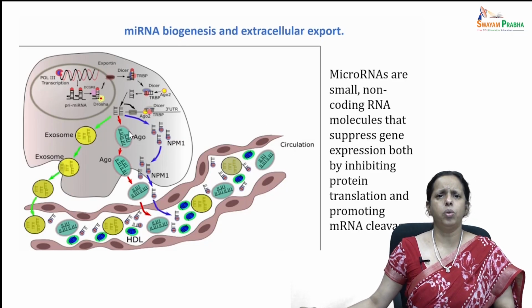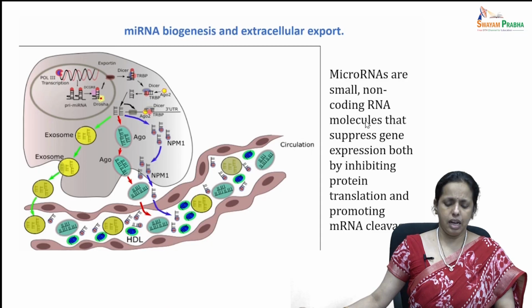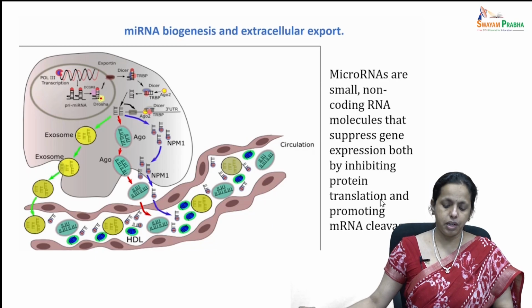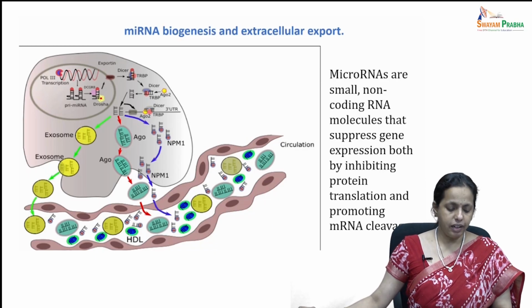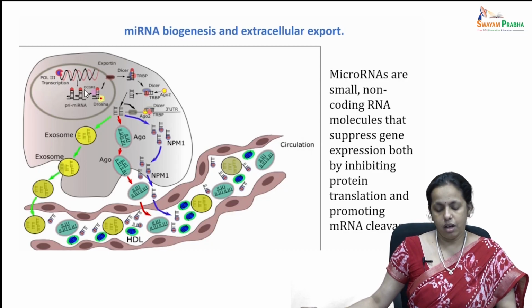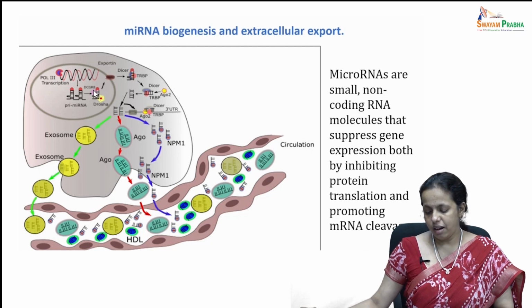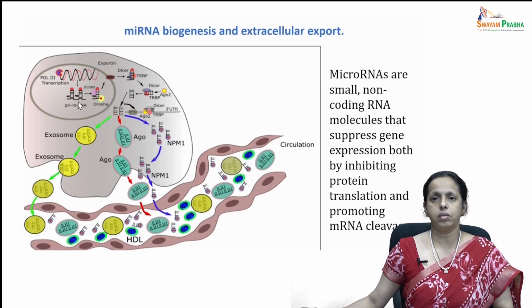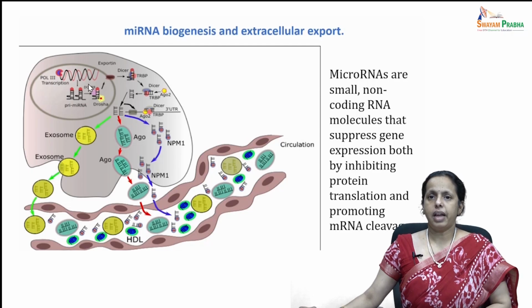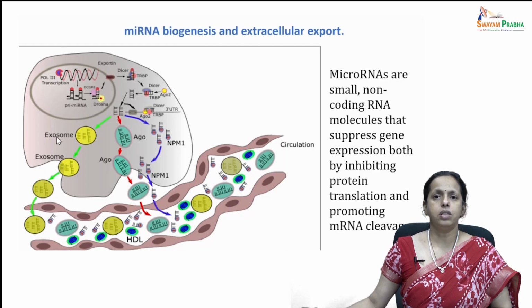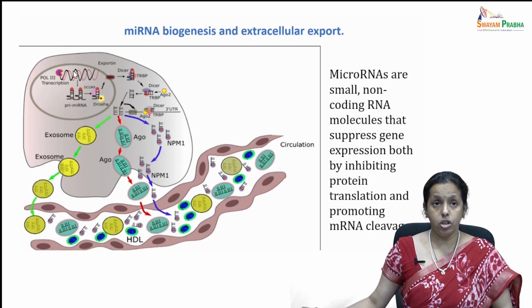I don't want to go into real details. Basically they are small non-coding RNAs that suppress gene expression both by inhibiting protein translation and promoting mRNA cleavage. Just very quickly, how the biogenesis of miRNA and its cellular export happens: they are transcribed mainly by RNA polymerase II, and after capping, splicing and polyadenylation, they result in the formation of a primary miRNA with hairpin structures. Within the nucleus, this